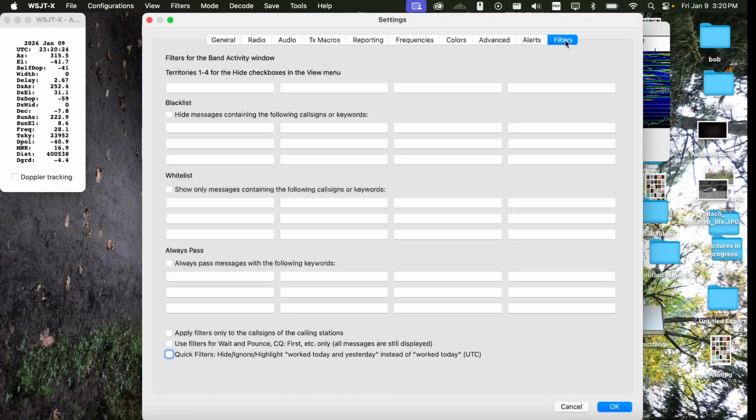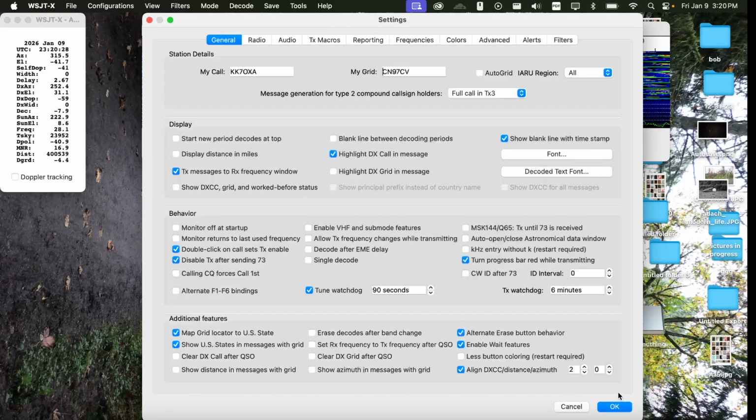Next, Filters. I haven't, again, messed with any of this, haven't needed to. This is, again, general. You can highlight DX calls, you can TX messages to the RX frequency window. A lot of this is all preference. This is how I have it. This is pretty much default settings on